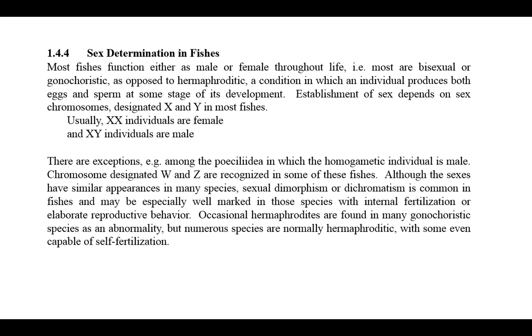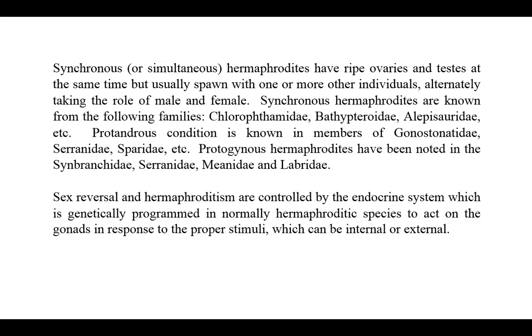Occasional hermaphrodites are found in many gonochoristic species as an abnormality, but numerous species are normally hermaphroditic, with some even capable of self-fertilization. Synchronous or simultaneous hermaphrodites have ripe ovaries and testes at the same time, but usually spawn with one or more other individuals, alternately taking the role of male and female. Synchronous hermaphrodites are known from the following families: